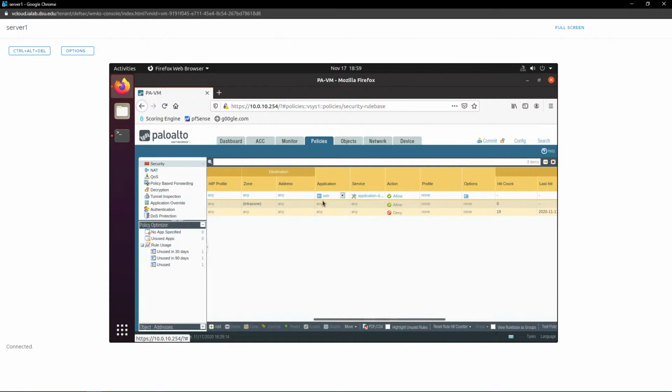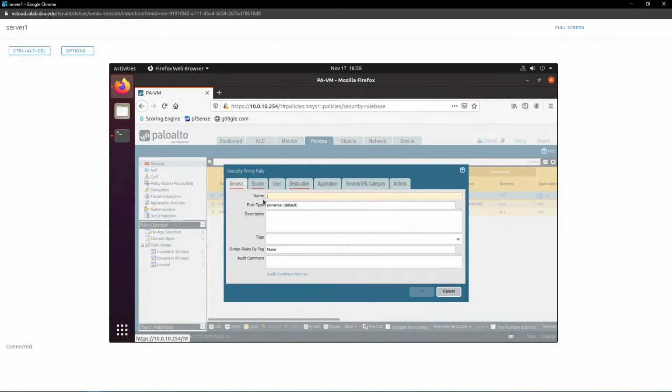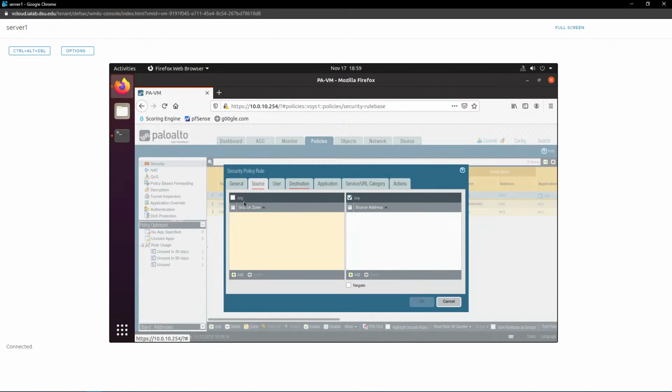But for the most part, things are going to be on their standard ports, so you shouldn't have to deal with that too much. I'll go over that in the next Palo one, how to get more complicated applications. But like this, it just allows SSH on any port. So I'm going to also allow just another allow all rule. Allow all, any source, any destination,